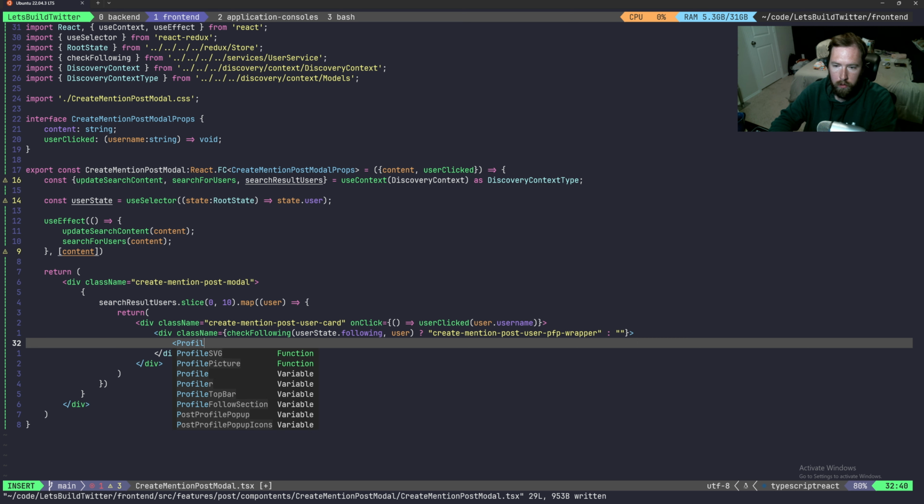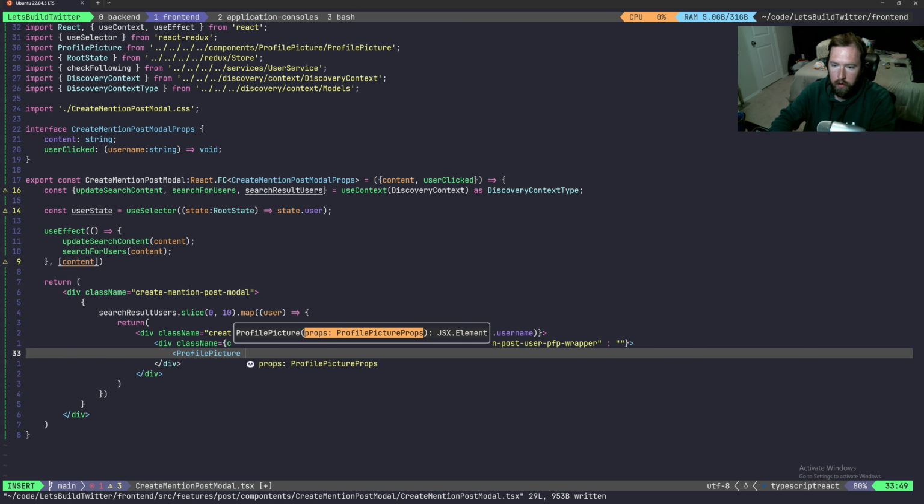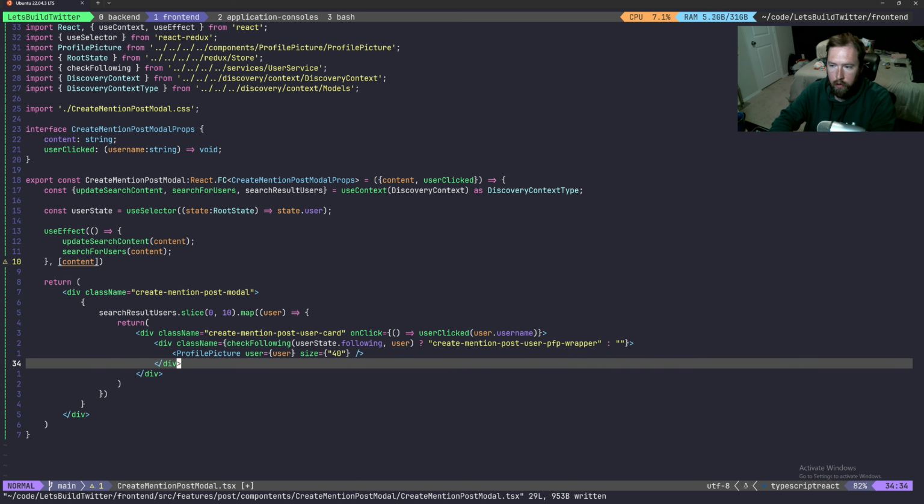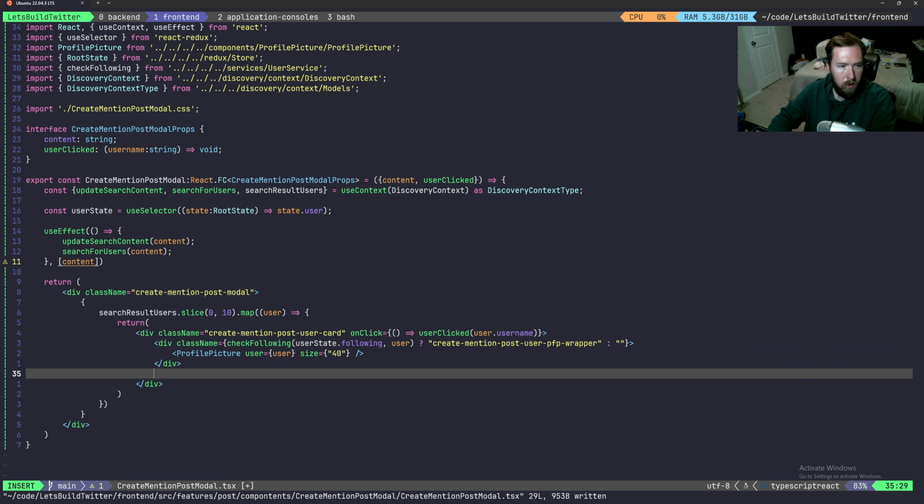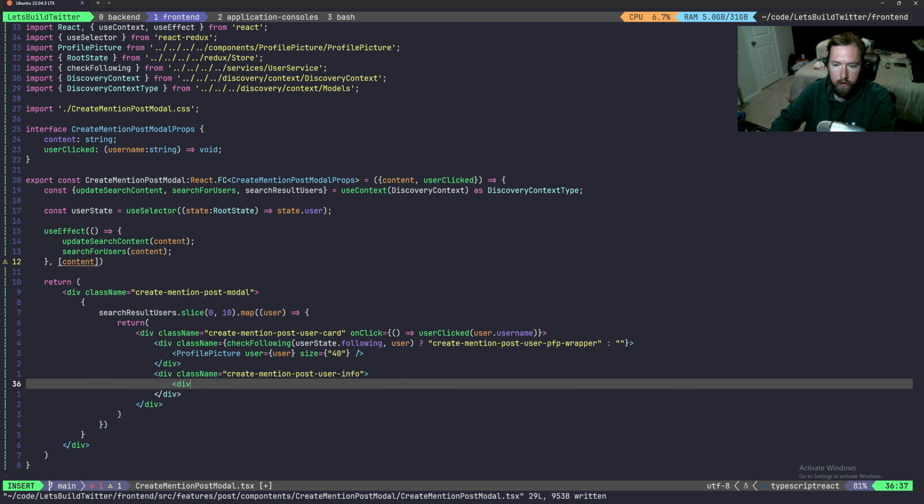So this will be profile picture, and then user will equal the user that we are searching, and size is equal to 40. I'm so happy we have a profile picture thing now. It's so much nicer. Below this, we'll go ahead and have a div, the class name equal to create-mention-post-user-info. And then inside here, I have another div, the class name equal to create-mention-post-user-nickname